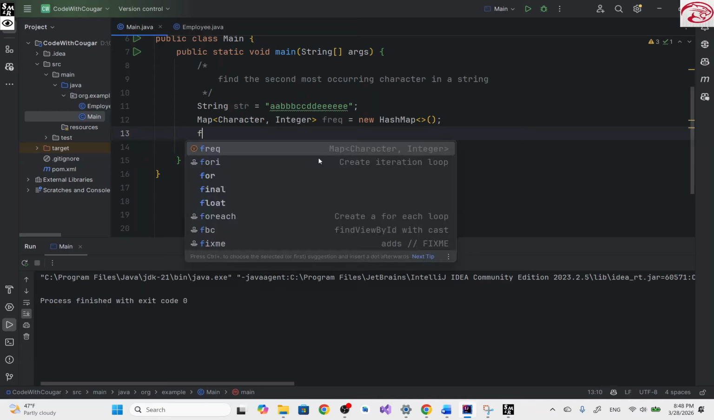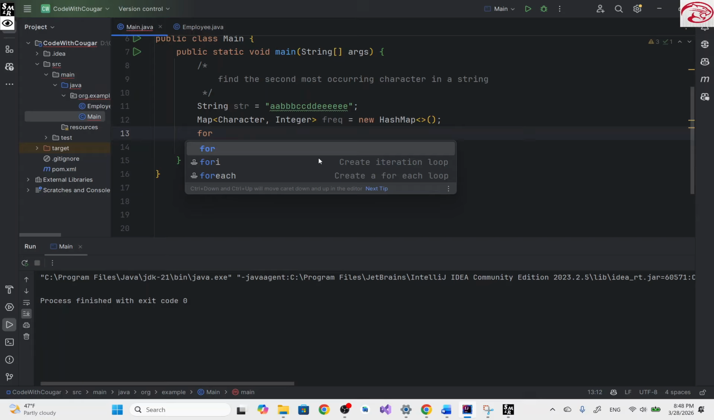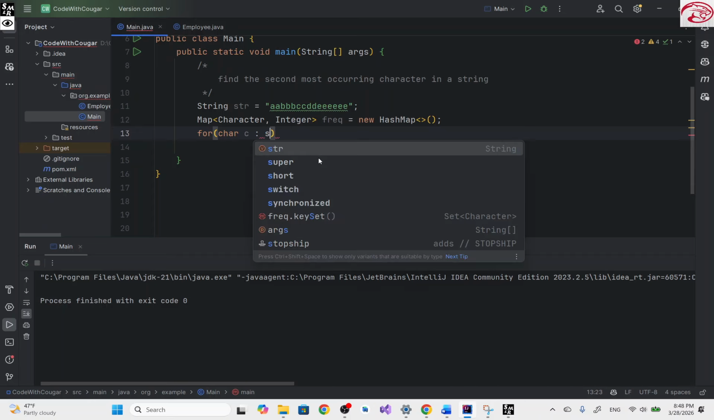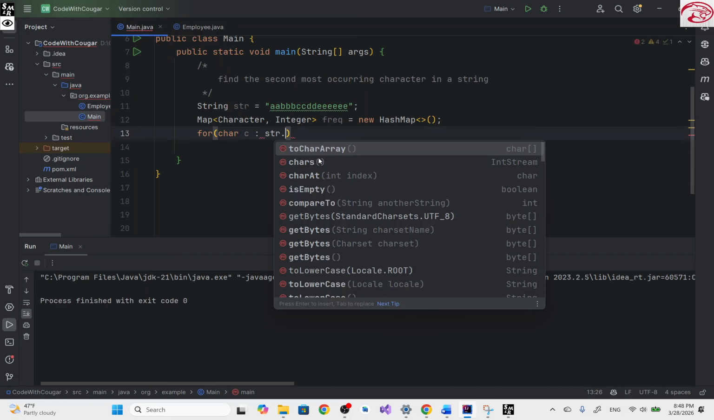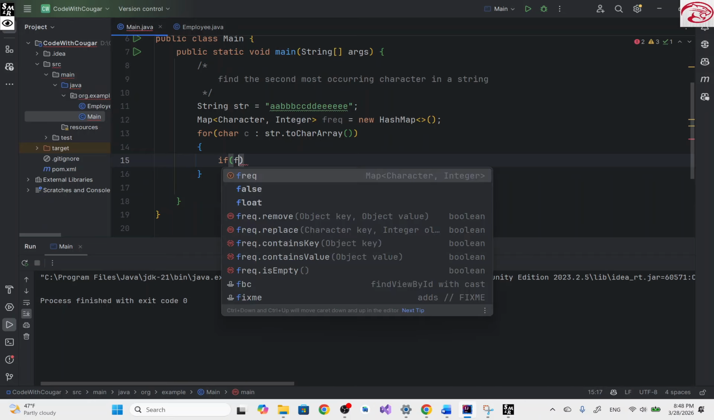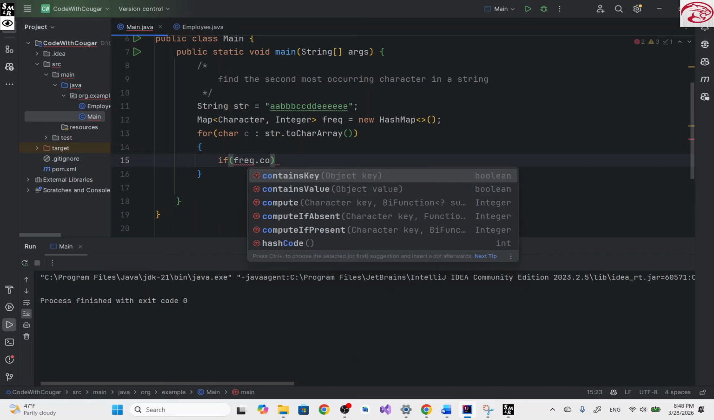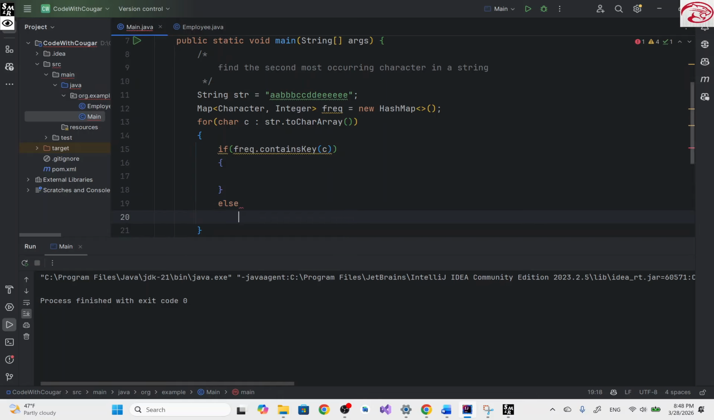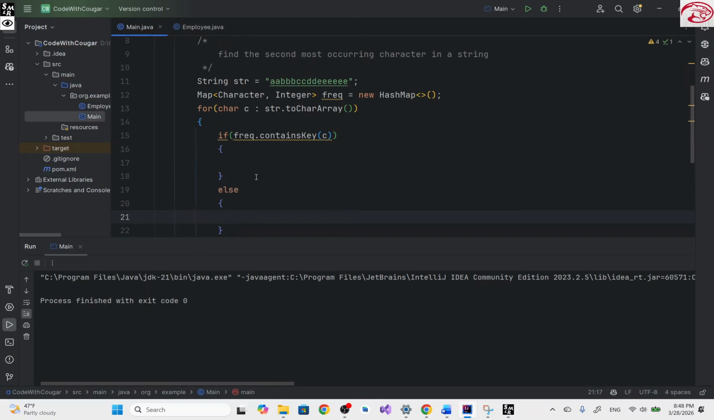I'll say for character c, and inside the string I want to change it to a character array so that I can loop through the elements of that character array. And I'll say if the frequency map contains the key, if the character is already in my key set, I want to do something else. If it is not there, I want to just add it to the map and put